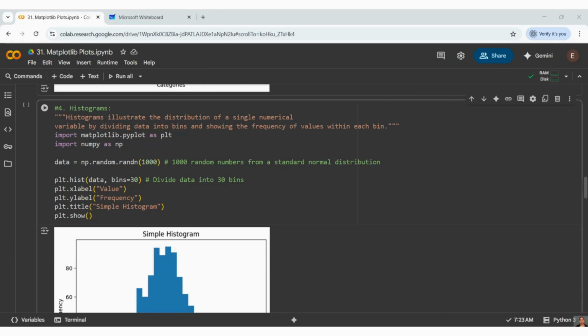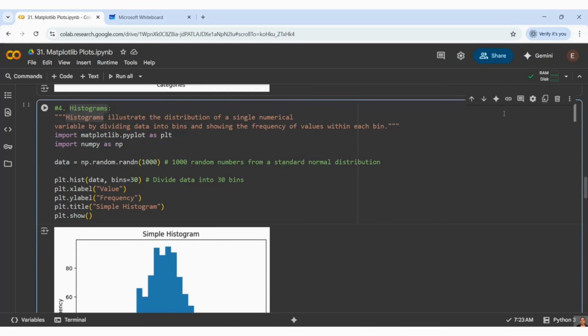Now, let us go back to our topic. We will understand histograms now. Histograms illustrate the distribution of a single numerical variable. It will take the values and divide them into bins, showing the frequency of values within each bin.